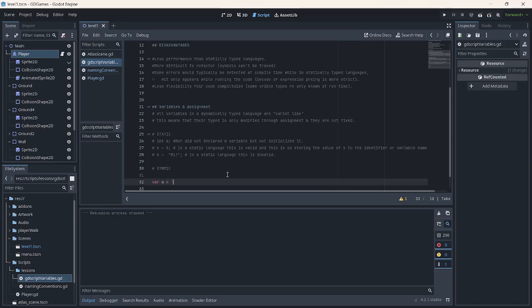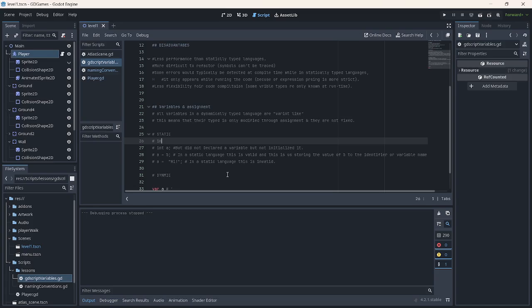By the way, if we did not assign it with a value, we declared a variable. That's different from initializing it with a value.